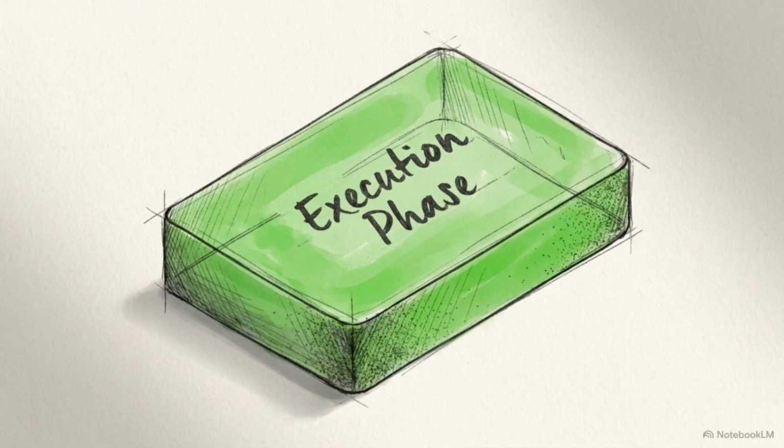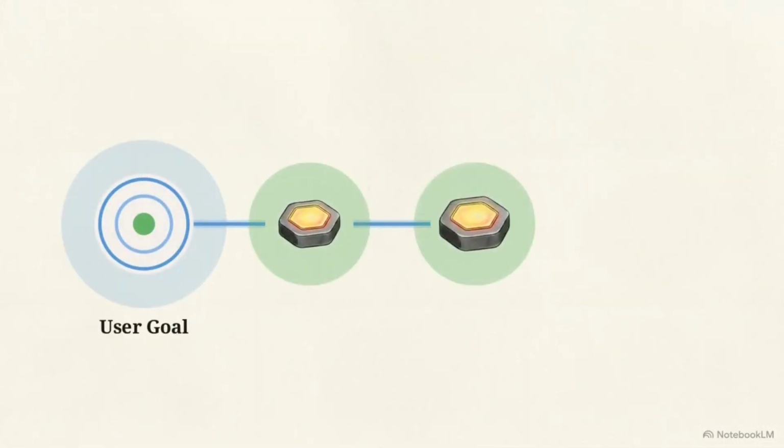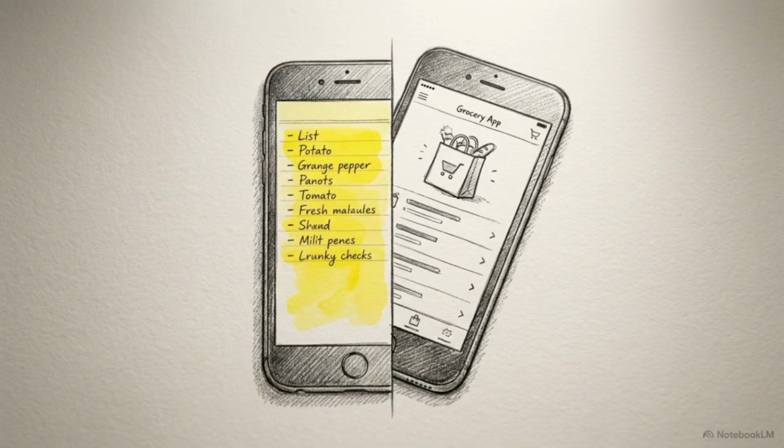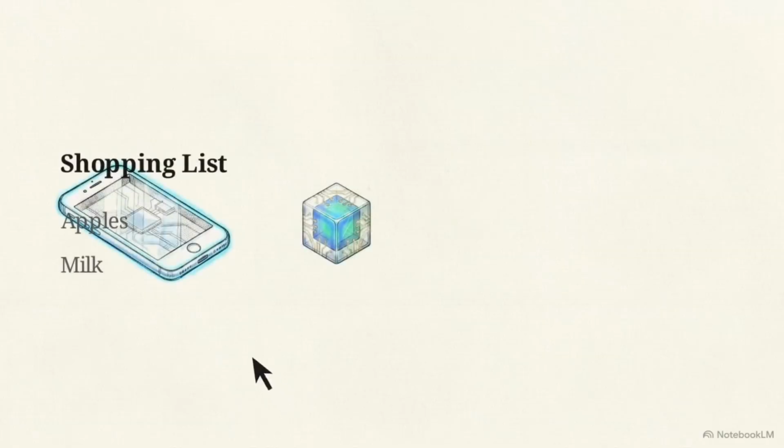Once the system has context, it moves to Layer 2, intent-driven automation. This is where the OS converts a user's goal into actual steps. We can see this in action by watching Gemini convert a raw text list in a Notes app into a completed grocery delivery order. The process begins when the user long presses the text list on the left and gives